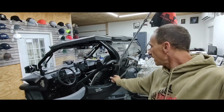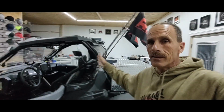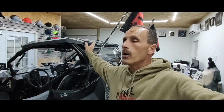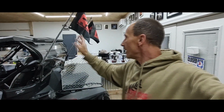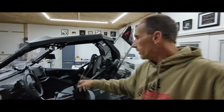So both of these are actually detachable. There's a little collar right here. You pop the collar, take that ring off, boom. They come right off. So you don't have to use them. Basically, we use these at night when you're up in the mountains, in case people come up behind you, if you're in overgrowth, things like that. Also, hooked up the light bar. That light bar is not hooked up yet with brake lights and turn signals, but it does have the warning lights on it. And then we put in